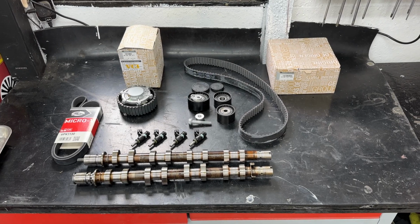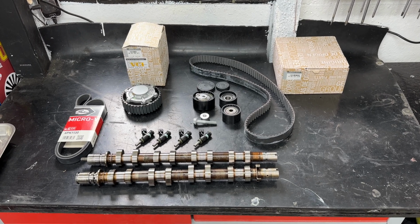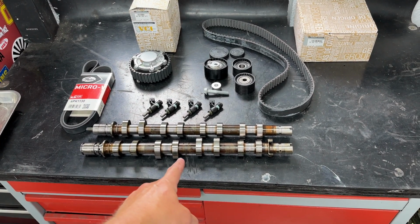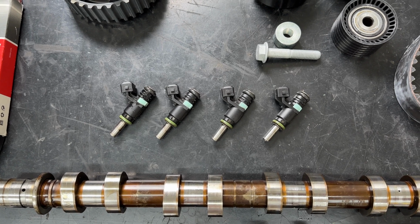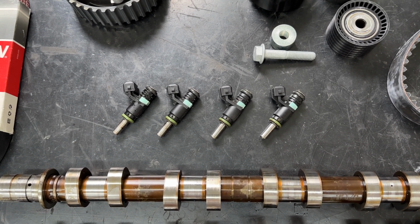It's finally time to try and get the little Clio 172 Cup to 200 horsepower at Engine Dynamics. So what have we got? Clio 197 200 standard camshafts, which we got from Matt. We've got the Clio 197 200 injectors, because the standard ones are very nearly at max injector duty cycle to